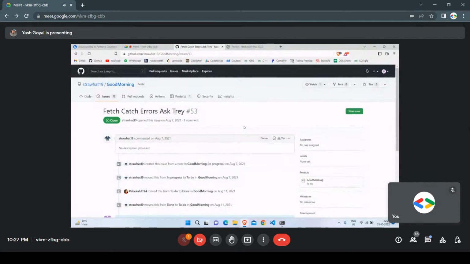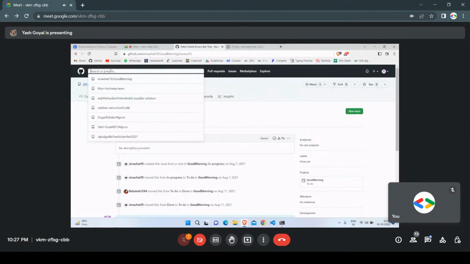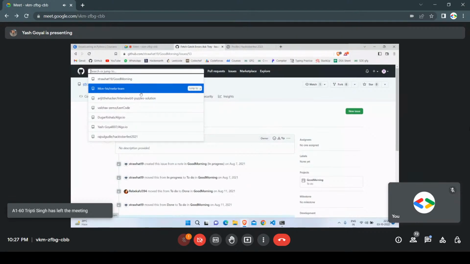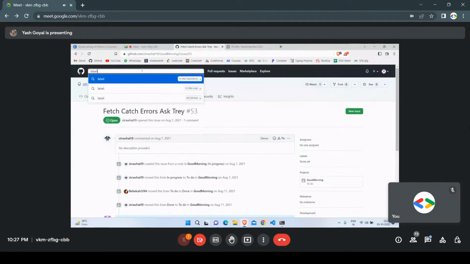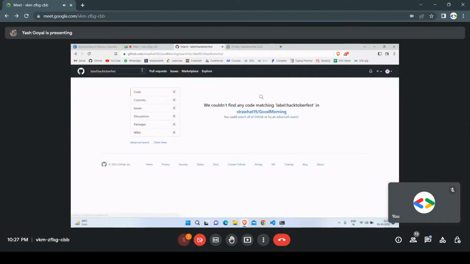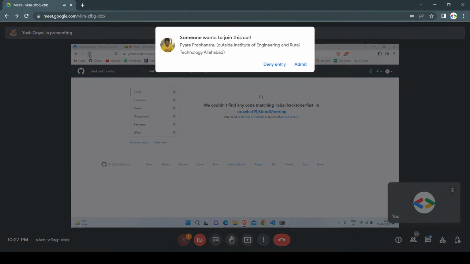So about Hacktoberfest, particularly about Hacktoberfest, you have to go like this, not just search for it as it is. You have to first type label, and then you can type Hacktoberfest. So why am I doing so? Wait. I'm just gonna